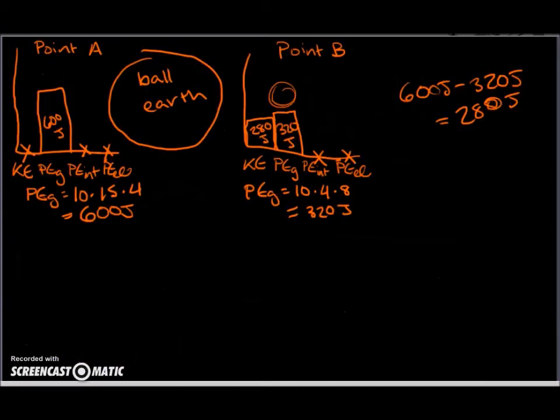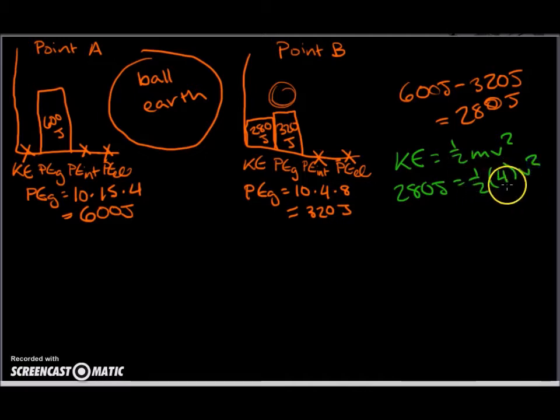So we know that our kinetic energy is equal to 1/2 mv squared. If our kinetic energy is 280 joules, and our mass is 4 kilograms, we can solve this and we find out that 140 is equal to our velocity squared, and so our velocity is equal to about 11.8 meters per second